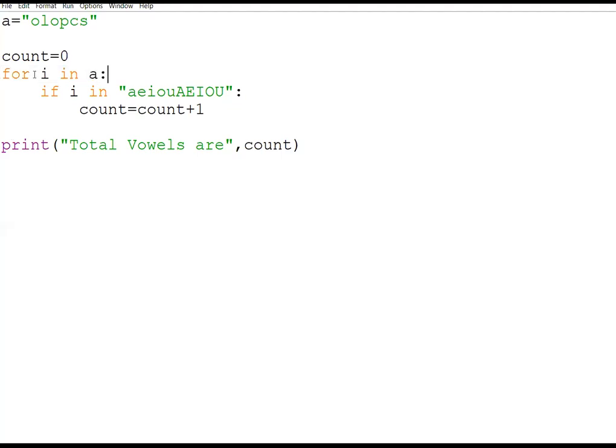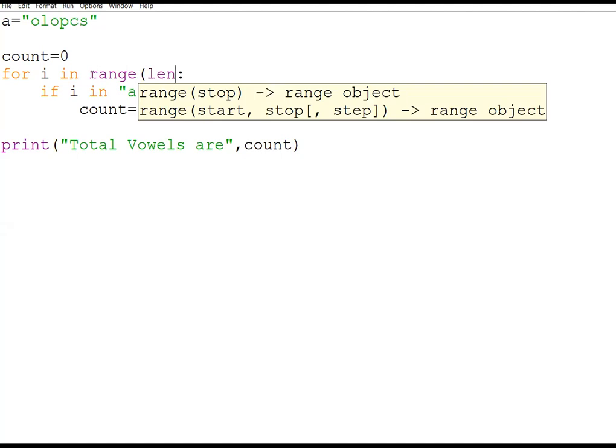See, this is the first type of traversing, where we traverse a tuple using a for loop, character by character, or individually by elements. Now suppose I want to do the traversing with respect to the indexes. That is what you should know. If you want to traverse with respect to indexes, we write range, and inside it we use the length, so length of my tuple A.